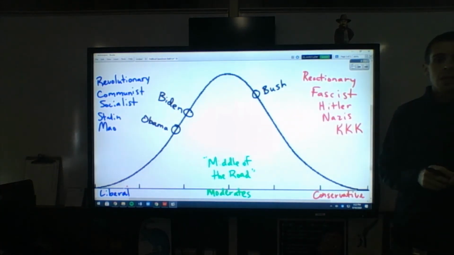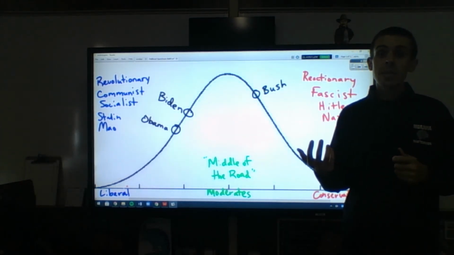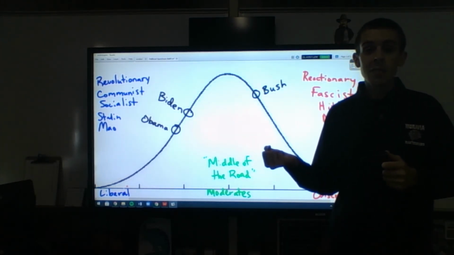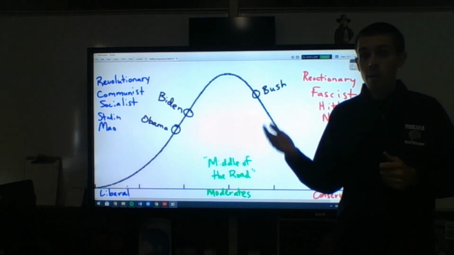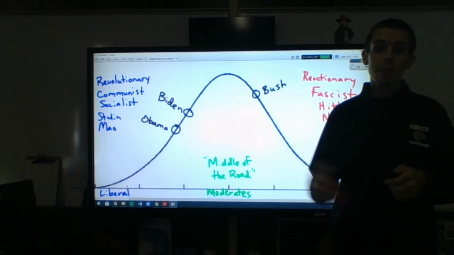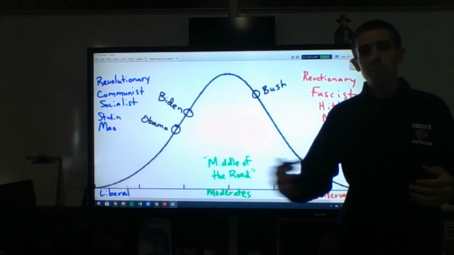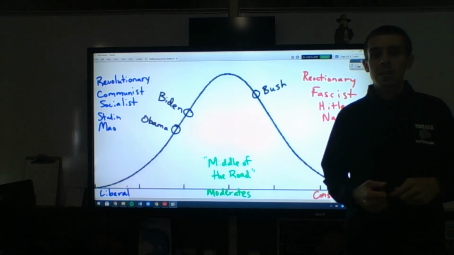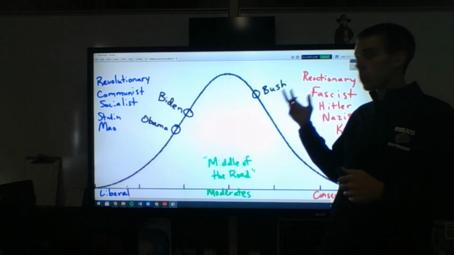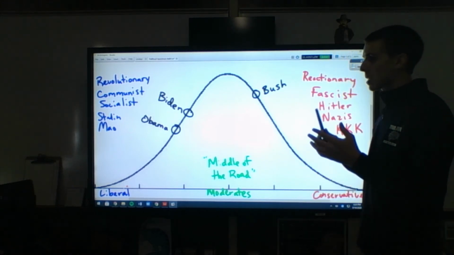The reason why I put him up here is because he actually spent more money than anybody else as president ever before him. He doubled our national debt, and more than doubled it. And usually a conservative thing is stop spending money, spend less money, save money. That's a conservative idea. But George W. Bush spent a lot of money. So that's kind of what he's got.